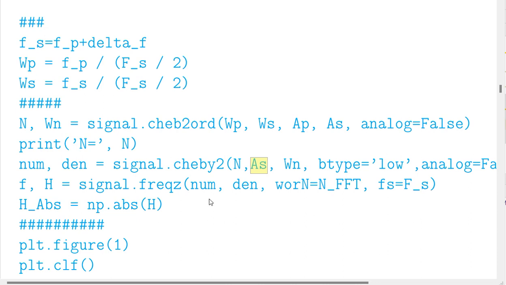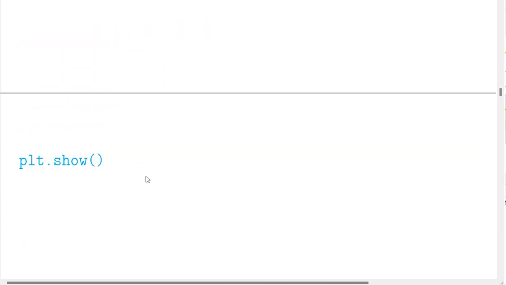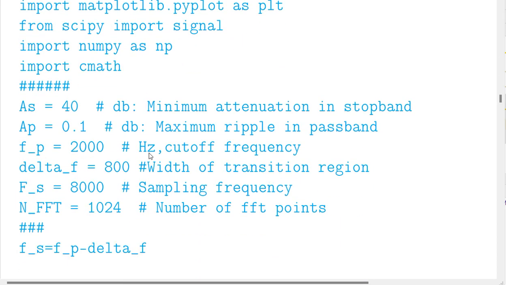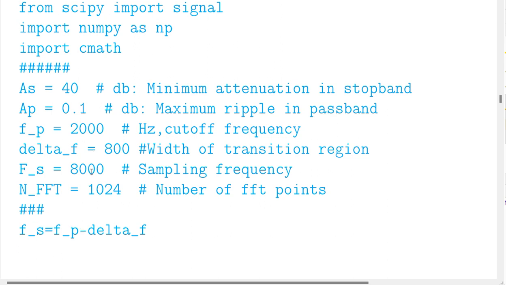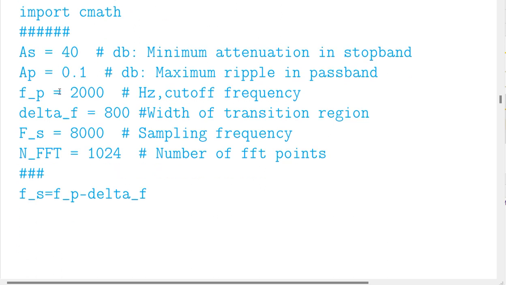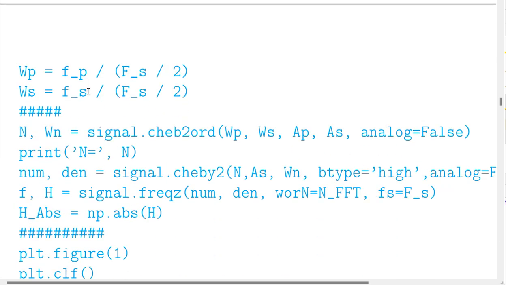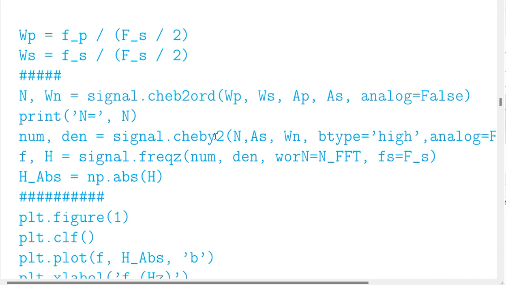Again, analog false. And moreover, for high pass design, without running the program inside PyCharm, showing the code, again, similar declaration of the parameters, WP, WS, this time Cheb2ord again, and cheby2 high, okay? So it will be high pass filter